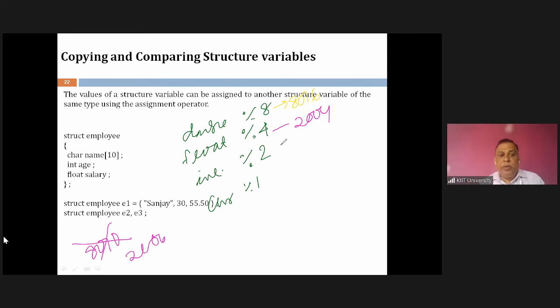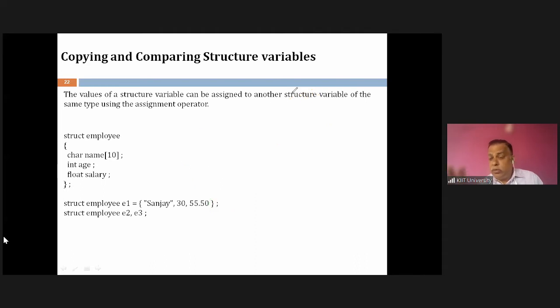Now, with this understanding, I'm not going to discuss why, but remember, depending on the data size, it should start from a location so that memory accessing will become faster. Suppose I have 10 characters, and a character can be started from any location. Let's say it starts from 1000. So the next can be started from 1010.